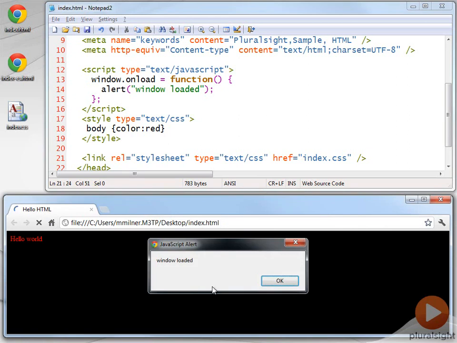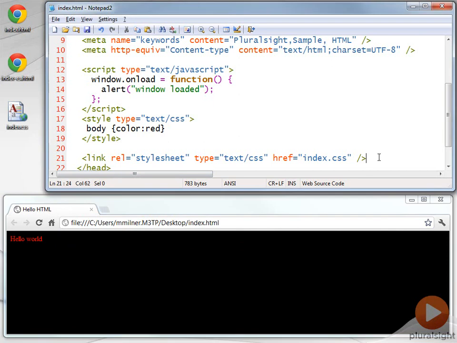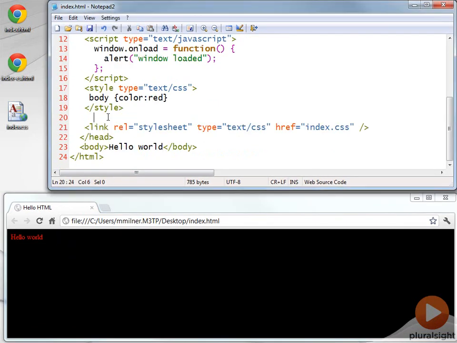And so now if I refresh the page, our script runs, and now the styles from within the document, as well as those that were linked in with that link tag, are applied. So we see the black background as well. The final thing we want to touch on then is the base element. And what the base allows you to do is provide a base address for all relative links or relative URIs within the page. So here I've provided a base address of